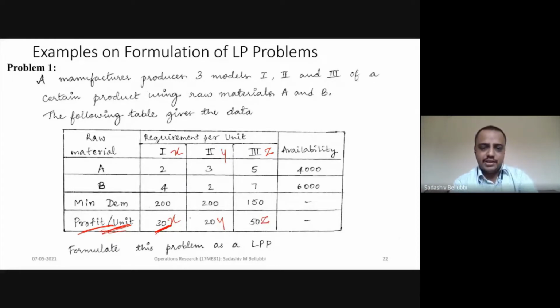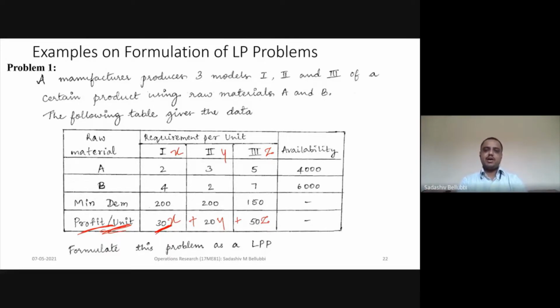If we add all these, 30x plus 20y plus 50z, this will be our objective. So you know the meaning of objective. For example, while carrying out a project, the objective is to finish your project, or to prepare the model you have selected, or to carry out research on experiments or any operations. So these are all objectives. The main objective of this problem is that we need to increase the profit. So that's why profit should be 30x plus 20y plus 50z.